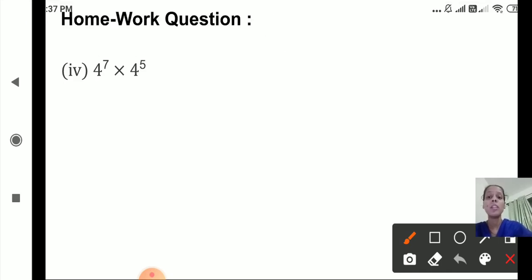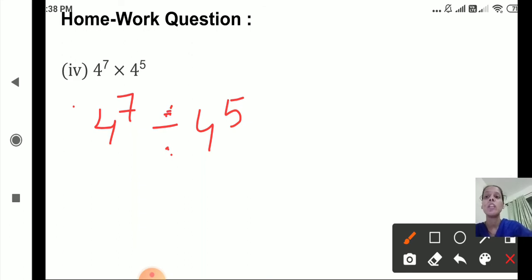Now here I have not written it, but you will write it down here. Now one more question, that is 4 raised to 7, here it is division also. Take the same sum and do the division also. I have not written it here, but you will do it. So write these down also: 4 raised to 7 multiplied by 4 raised to 5, and one more question, 4 raised to 7 divided by 4 raised to 5. Both sums you will solve for homework, multiplication also and division also. Multiplication of indices with the same base and division of indices with the same base. In multiplication you will add the index, and in division of indices you will subtract the index.